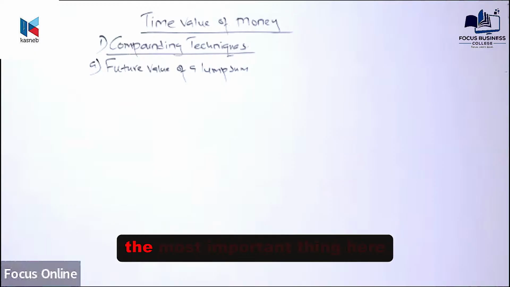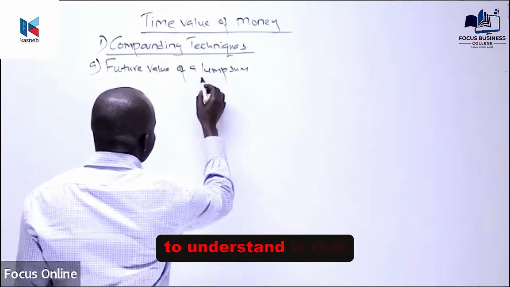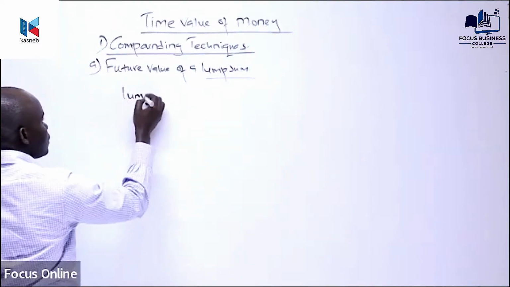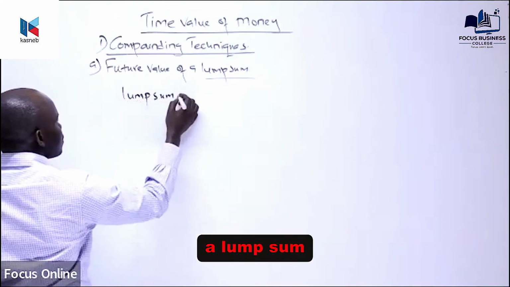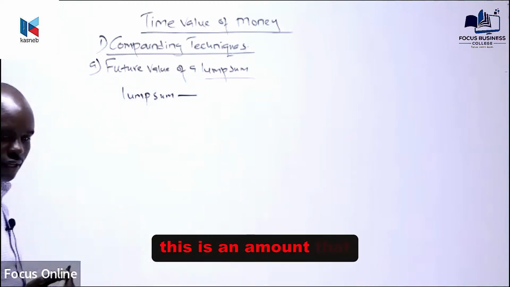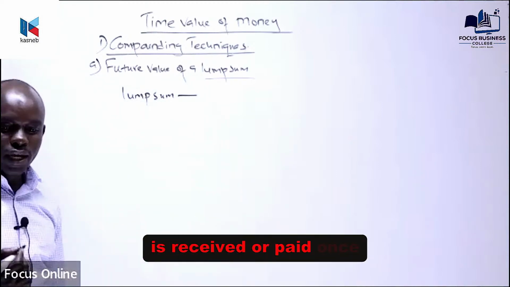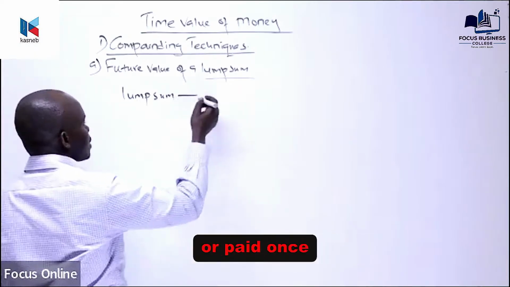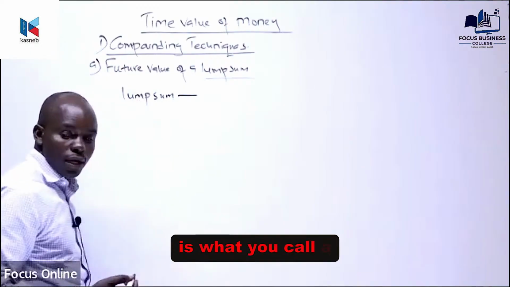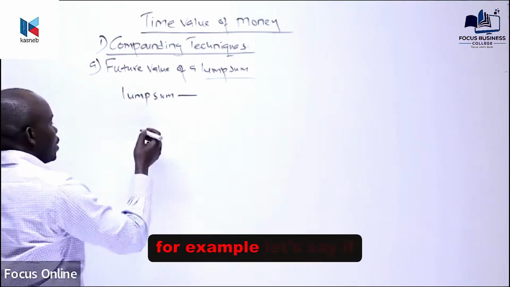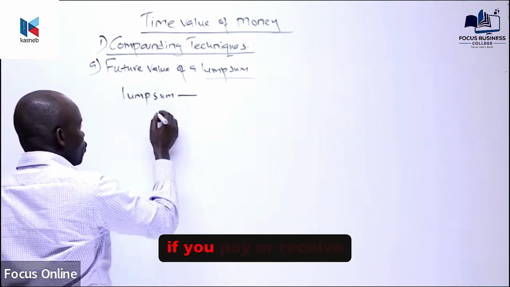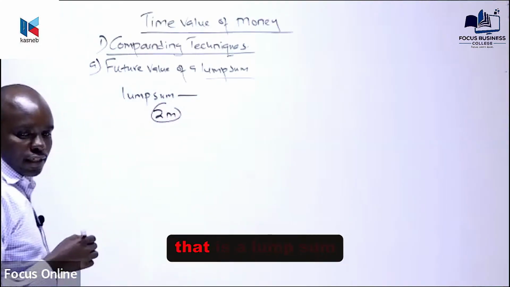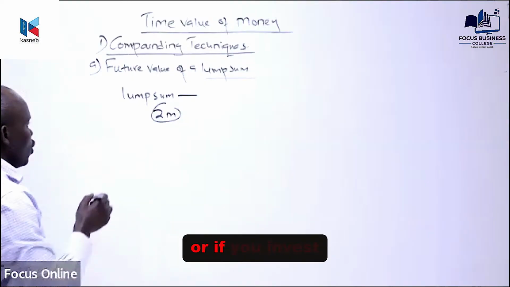The most important thing here to understand is, what is a lump sum? A lump sum is an amount that is received or paid once. An amount that is received or paid once is what we call a lump sum. For example, if you pay or receive 2 million shillings today, that is a lump sum. Or if you invest,